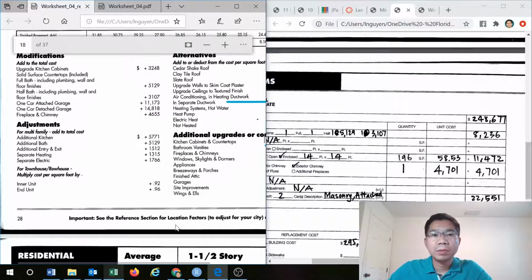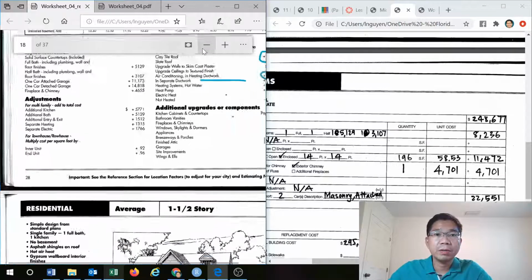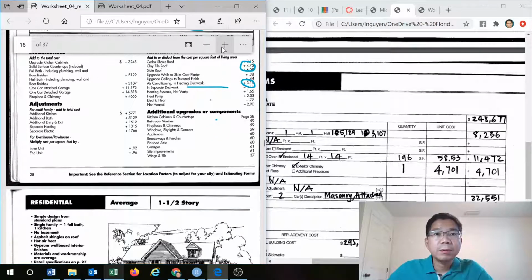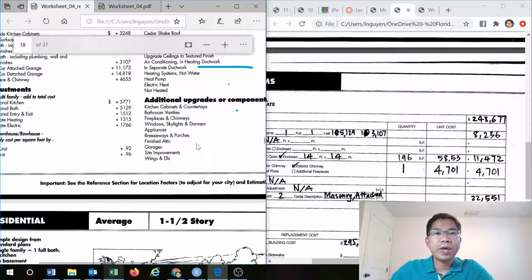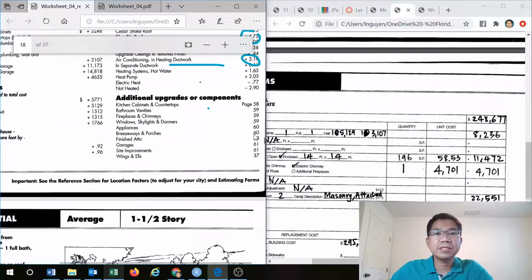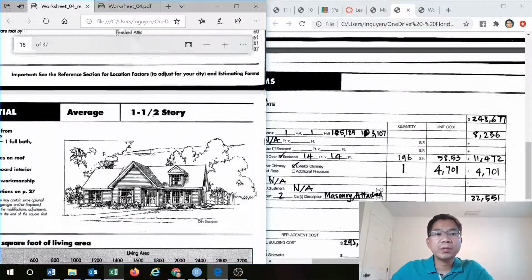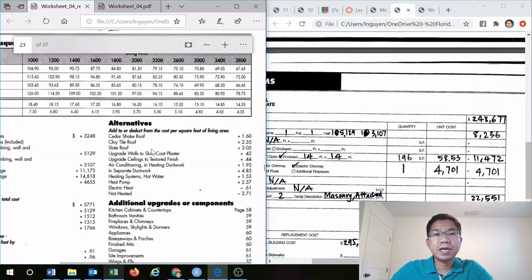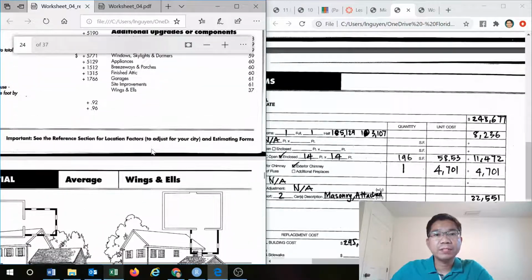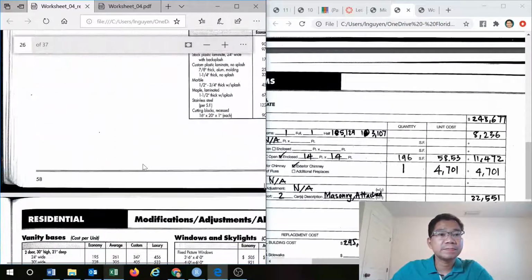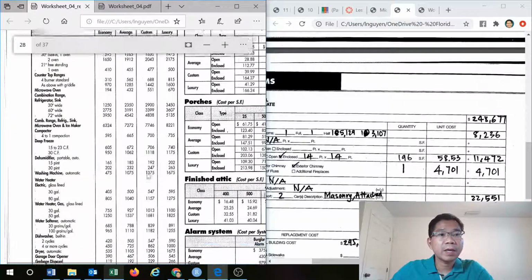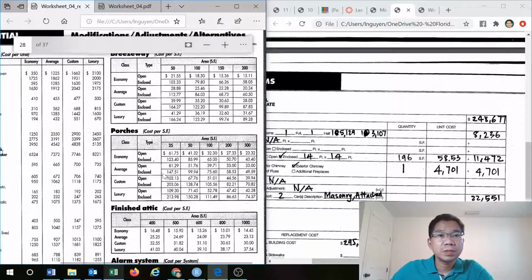And then, let's go down here. So you have all the information: garage, breezeway porch, and that goes to the page. On that page, you see page 60, garage 61. So we can continue to pages 60 and 61 to get that information. The 60, yes. Okay, here. So porch here,